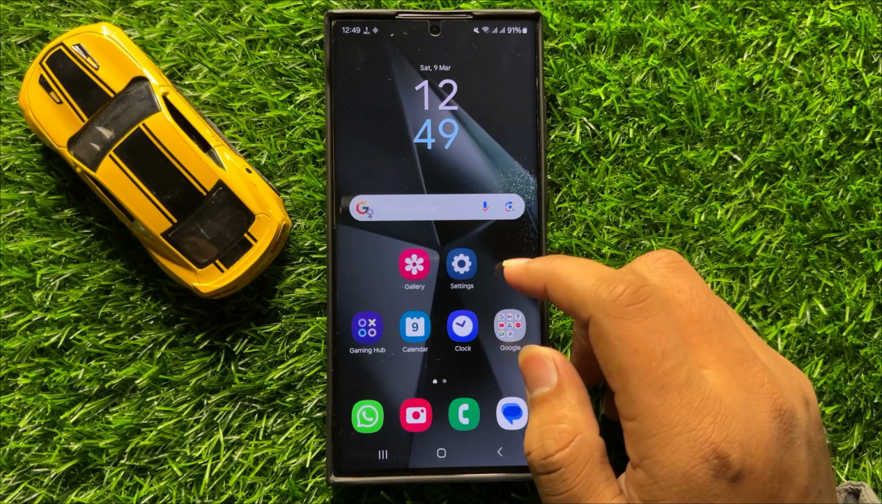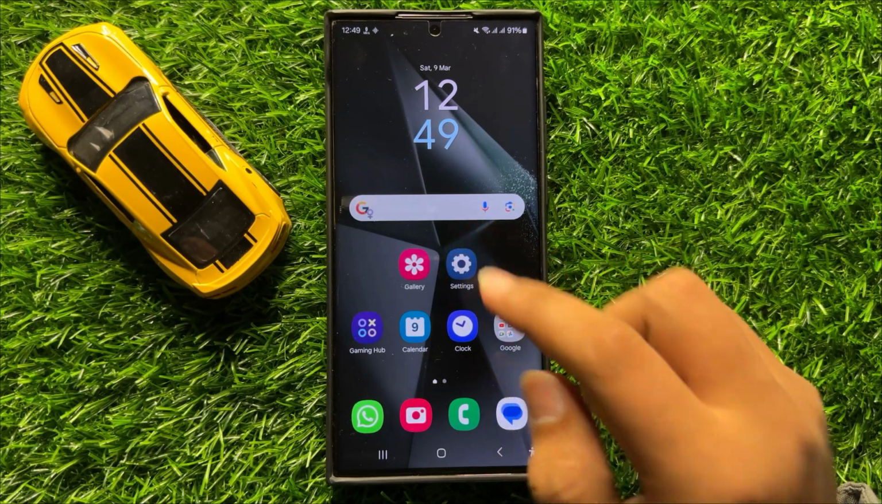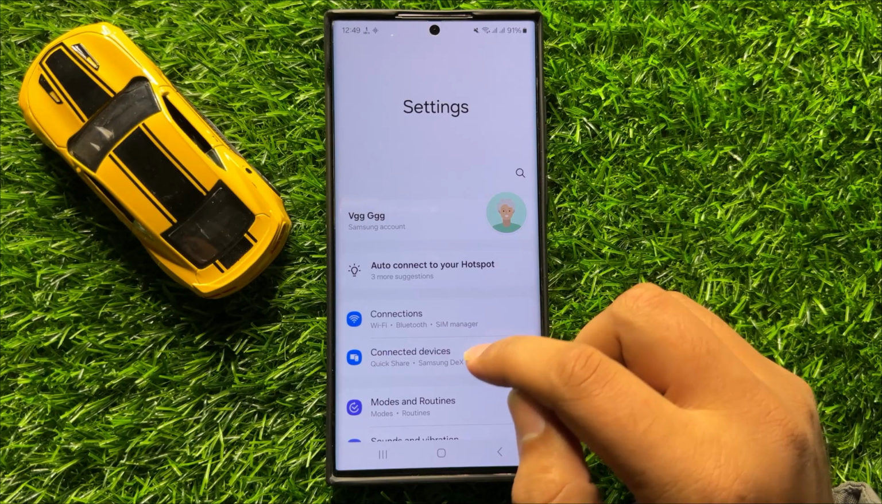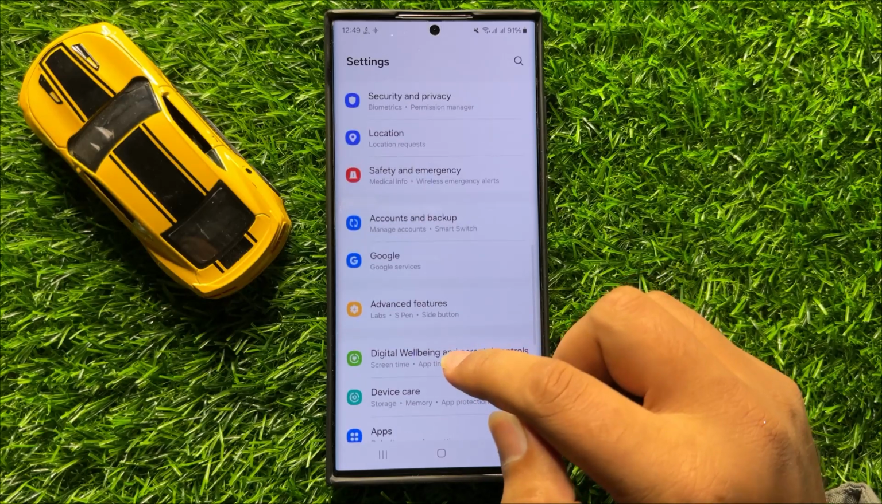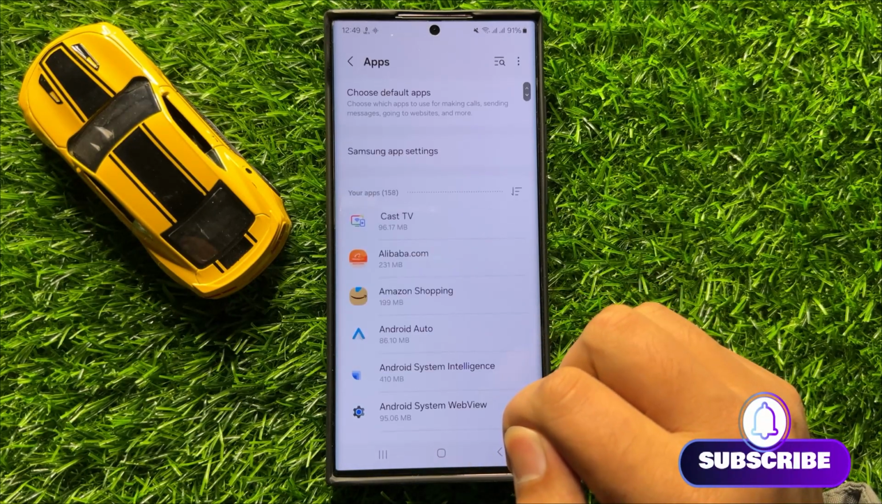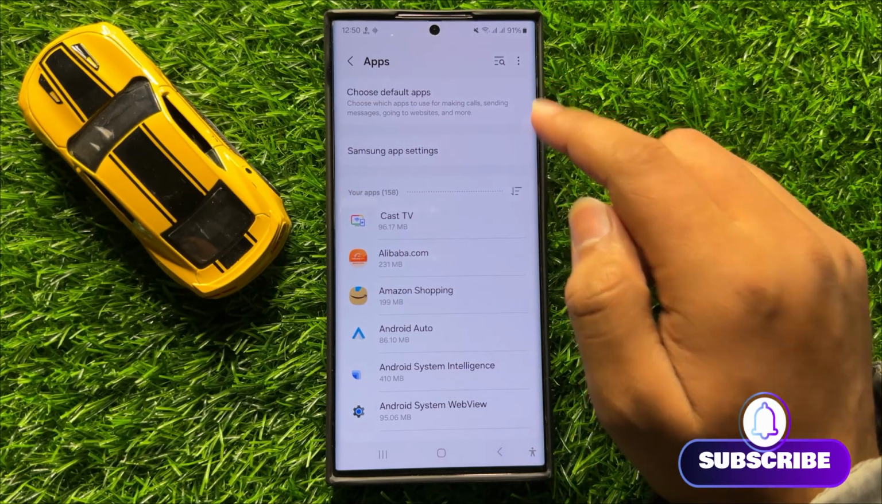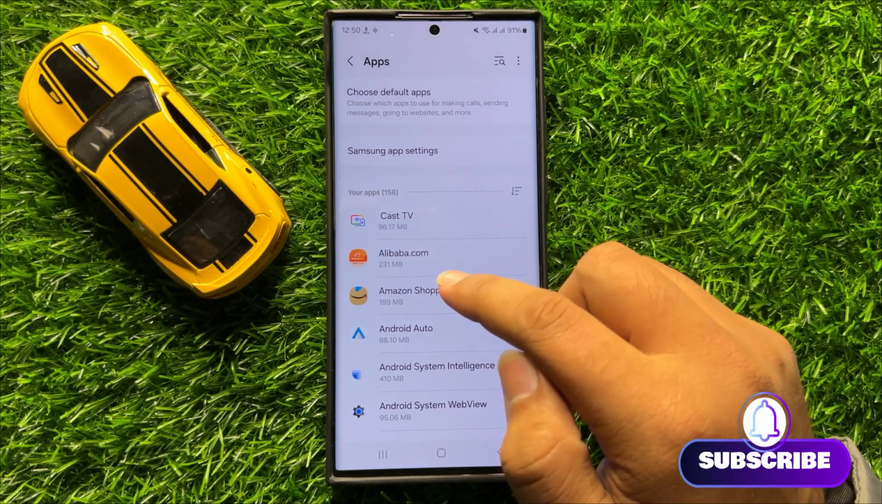So first of all, open settings. Now in settings, scroll down and here click on apps. Now in apps, click on this. First of all, open the app,